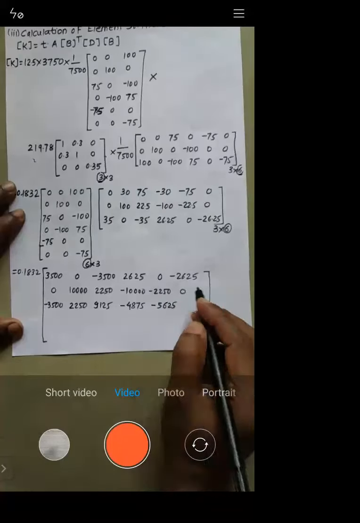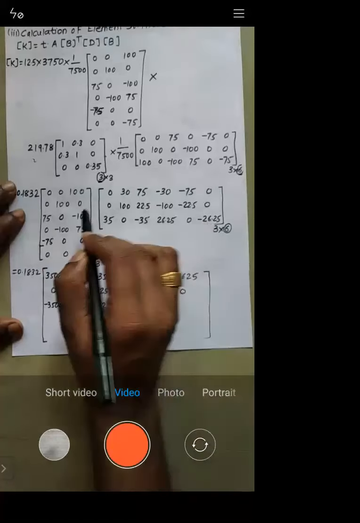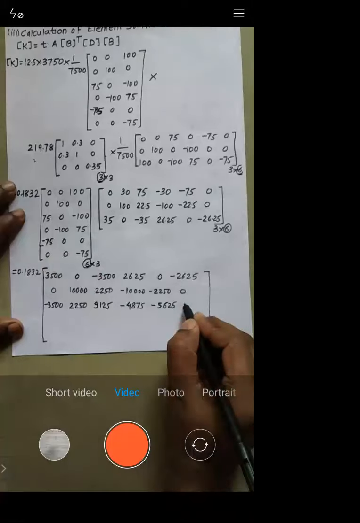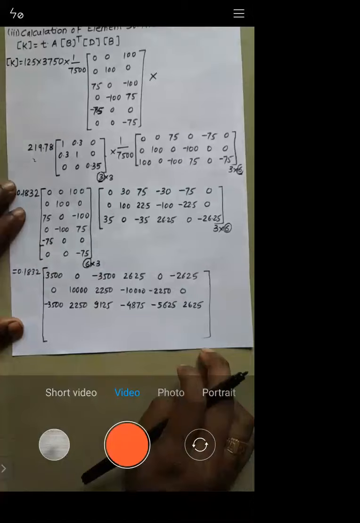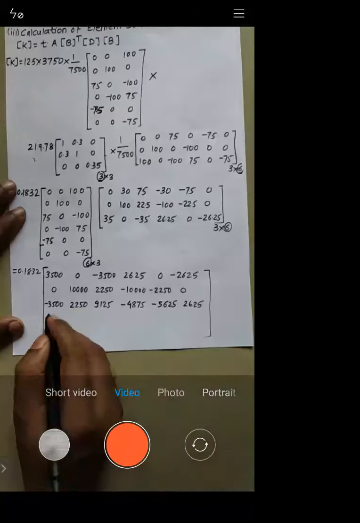Minus 5625. Next, this row into this column, initial two terms are 0, minus 2625 into minus 100. Okay. So this will come as 2625. Try to understand, huh? See, all of you check with these values. Is it okay with this one? Yes, sir. Right. So similarly, we can do this value, this row, right?